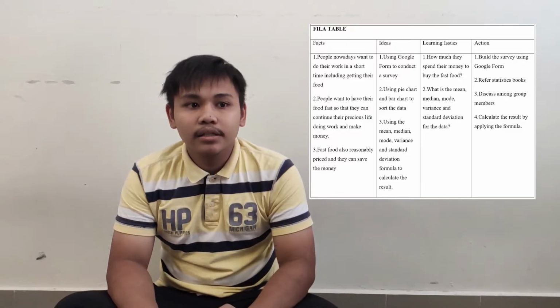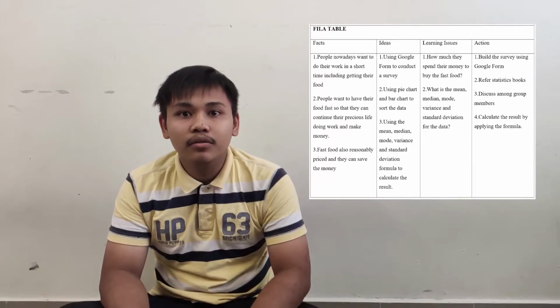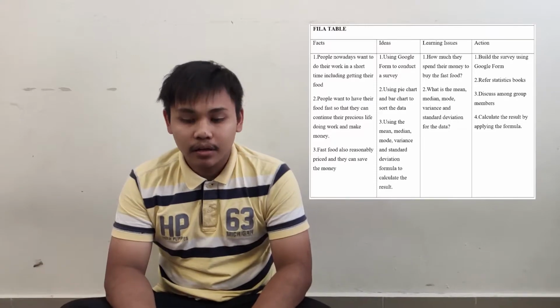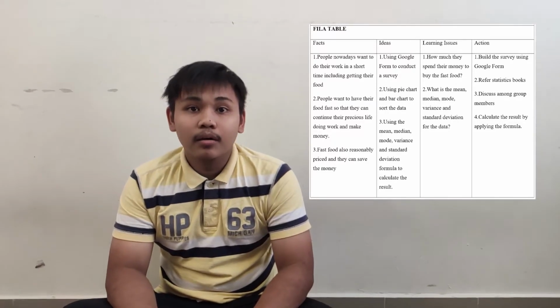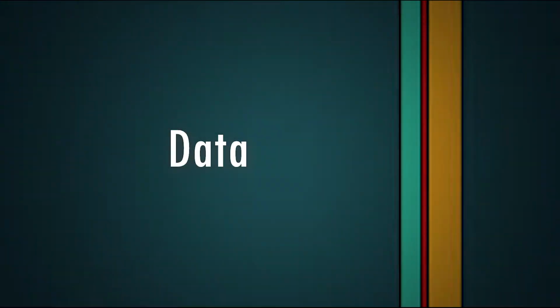Second, we can discuss among our group to make questions for the Google form. Last but not least, we can identify a good way to write up a Google form question. From a Google form, we can get a pie chart. First is how much they spend to buy fast food. The pie chart we get is